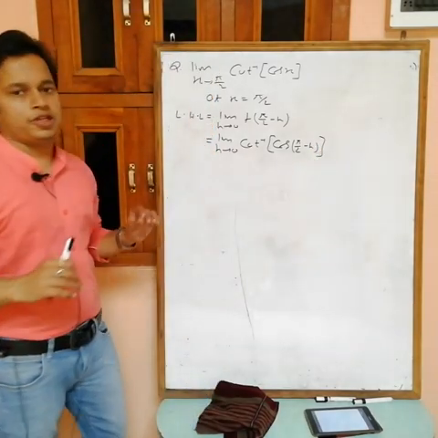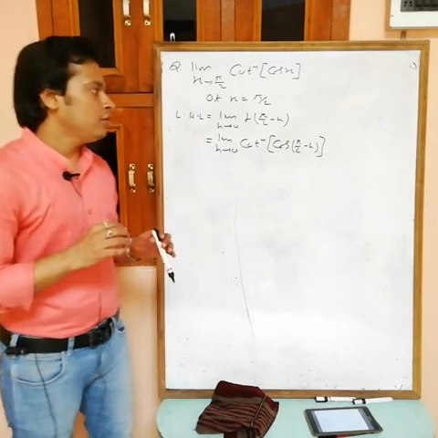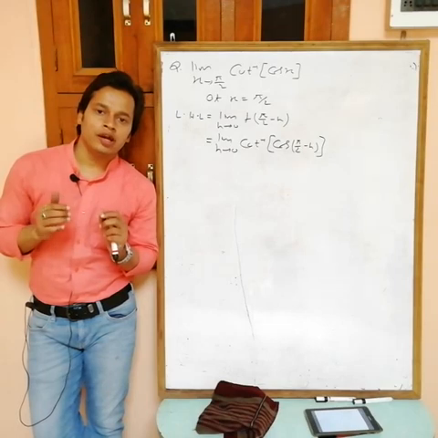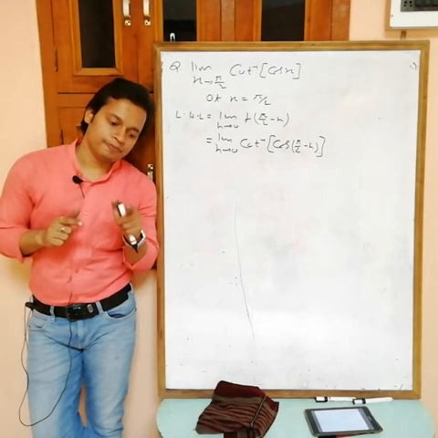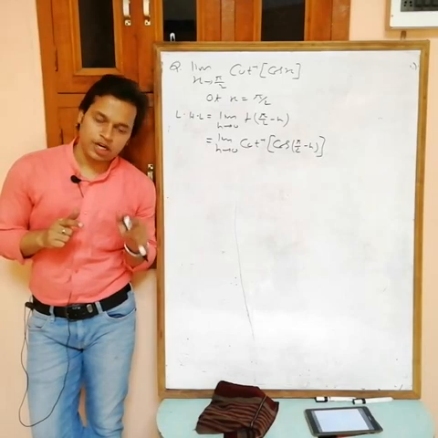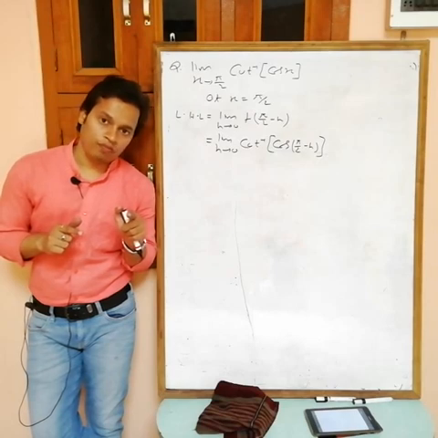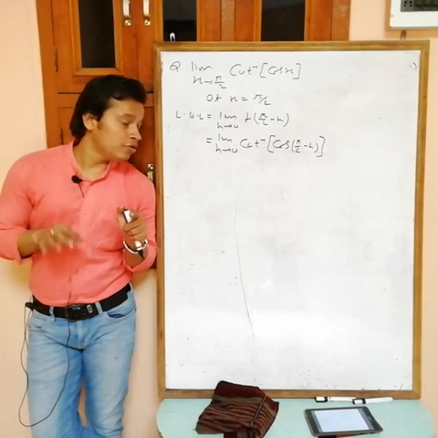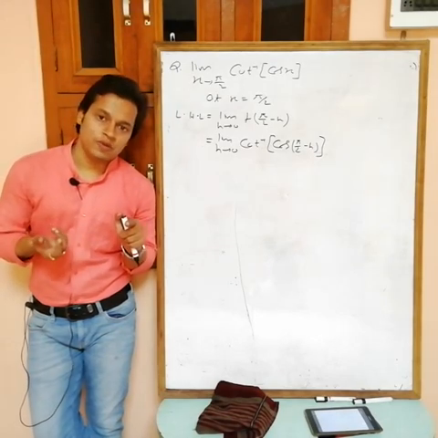Now you have two options: you can solve it with the graph or without the graph. If you are using the graph, just identify the value of cos at pi by 2 minus h. This is the graph of cos. At pi by 2 it is 0, and at pi by 2 minus h it is 0 plus. The greatest integer of 0 plus is 0. Cot inverse 0 is equal to pi by 2. So we are getting the value as pi by 2.